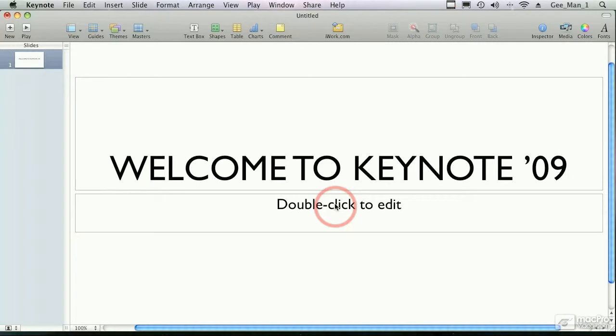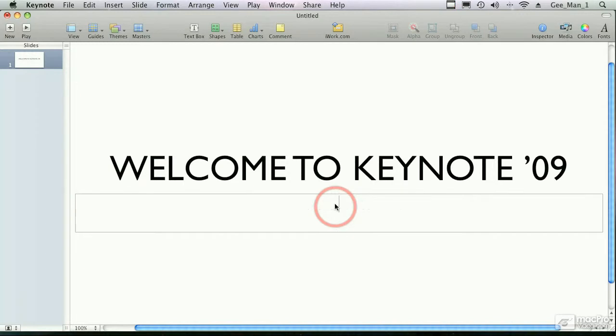Next, I'll use the subtitle box to either type in whoever is sponsoring my workshop, and in this case, it's Mac Pro Video. And I'll also use it to put my name in. If I don't have a sponsor, I'll just use it as an introduction to me and put my name in the box. So I double-click, and I'm going to type in the Mac Pro Video